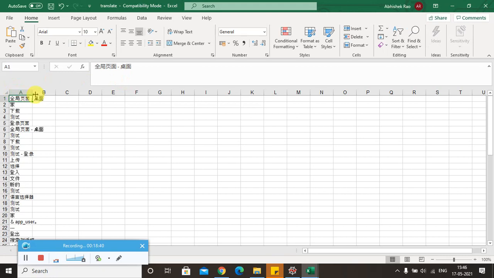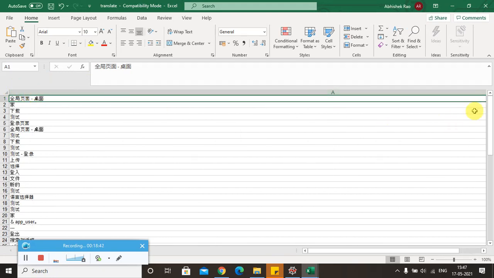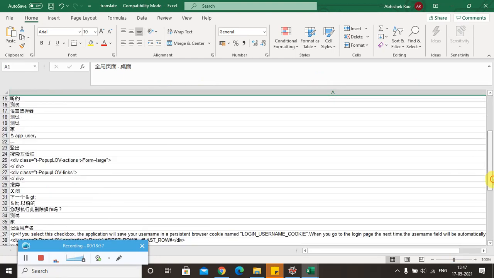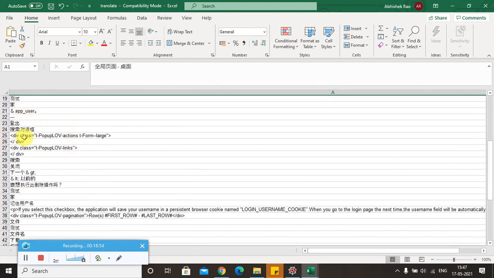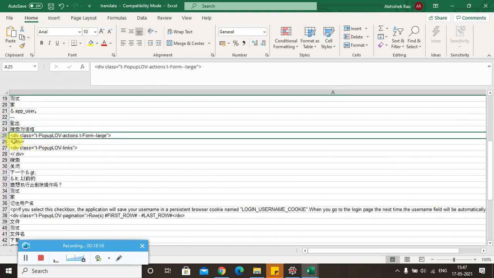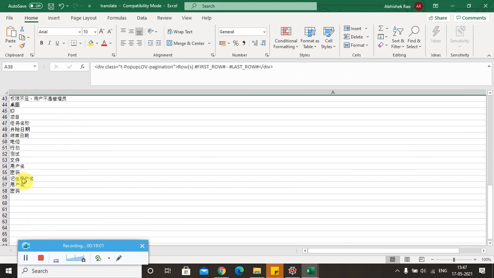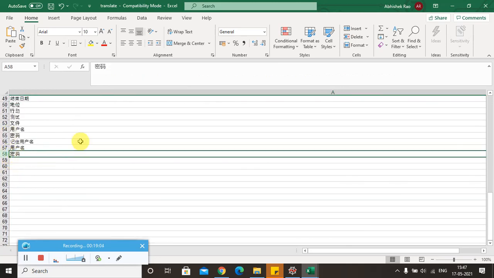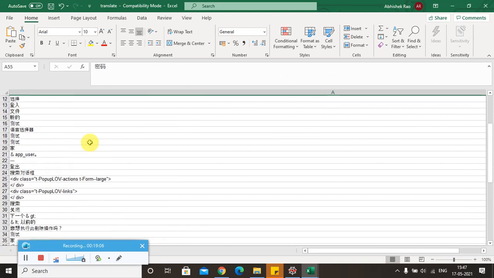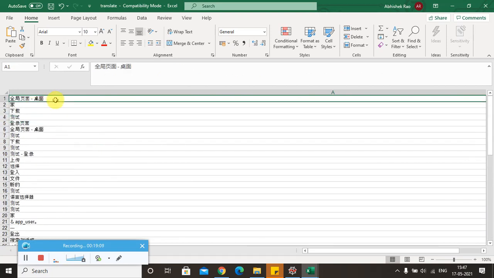Now you can see very clearly that we are able to translate all the non-HTML tags which are embedded within the source tag. Everything has been translated here except the HTML tags. See, this is not translated, these are all HTML, not required. Rest of the things have been translated, 58. Now it's a little bit difficult task. Now we have to fetch these values one by one and place them in the target tag. We are now ready with the third step.